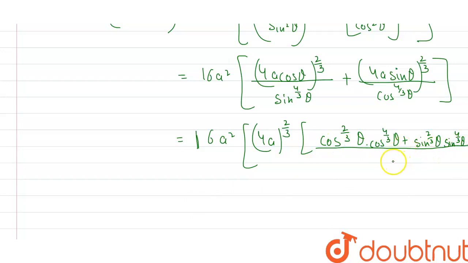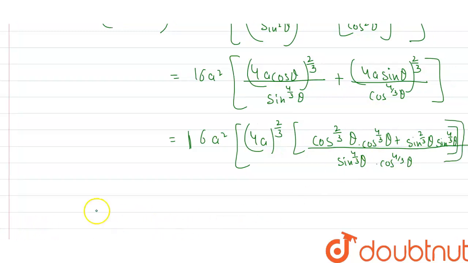here, the product of these terms: sine to the power of 4 by 3 theta with the product of cos to the power of 4 by 3 theta. Now this one will become equal to 16a square. First one I have 16a square, and this part, cos 2 by 3 theta and cos 4 by 3 theta,